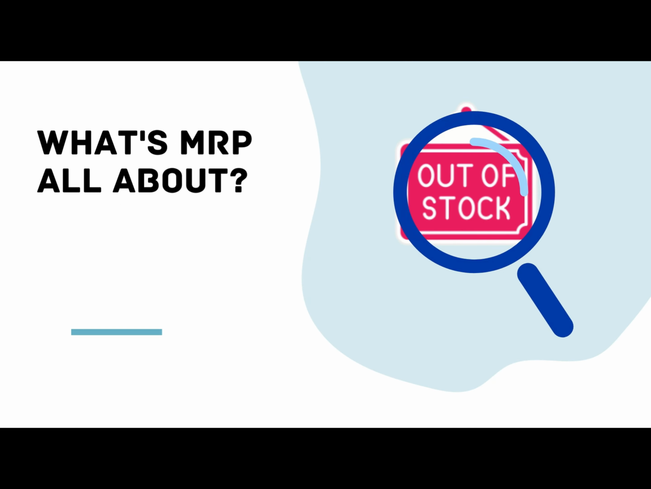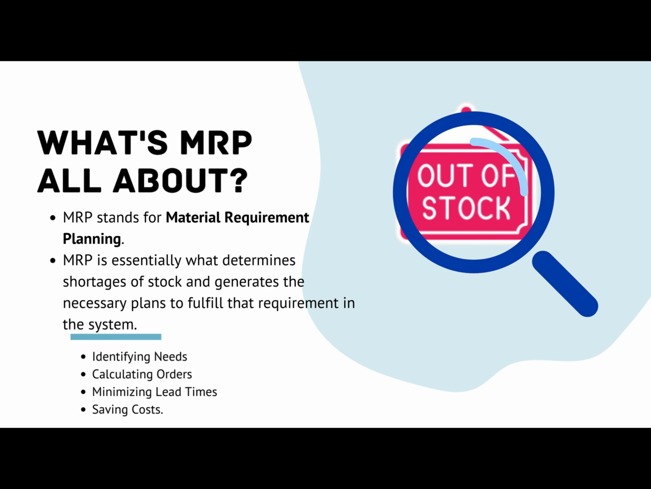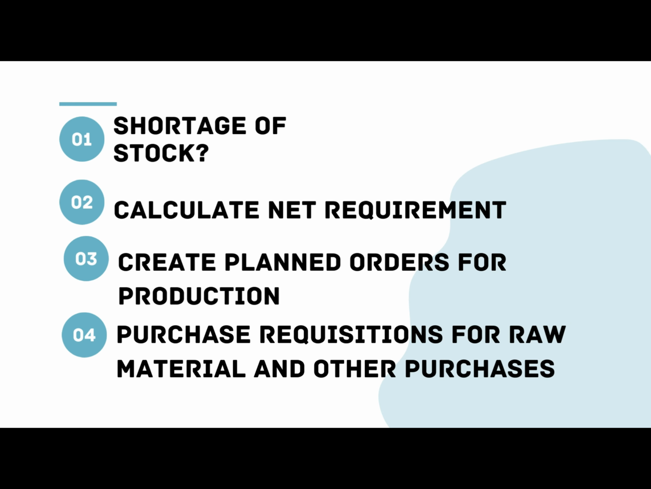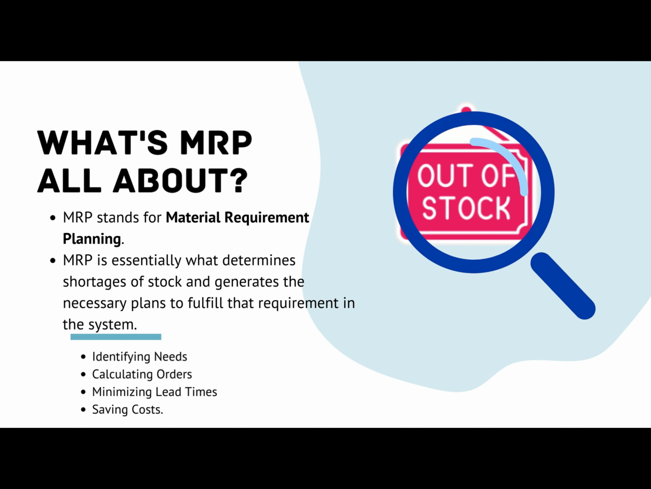Now let's dive into understanding a bit about Material Requirement Planning, or MRP, in SAP PP. MRP stands for Material Requirement Planning. MRP is essentially what determines shortages of stock and generates the necessary plans to fulfill that requirement in the system. It calculates net requirements and creates planned orders for production and purchase requisitions for raw material and other purchases. MRP also handles lead time scheduling, calculates production dates, and makes sure we have everything we need by exploring the